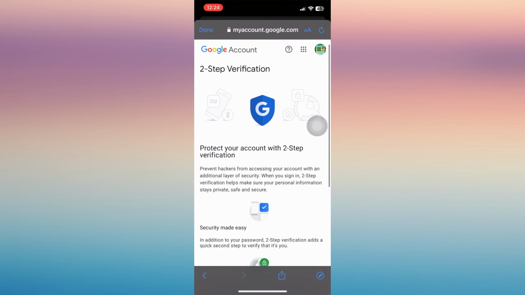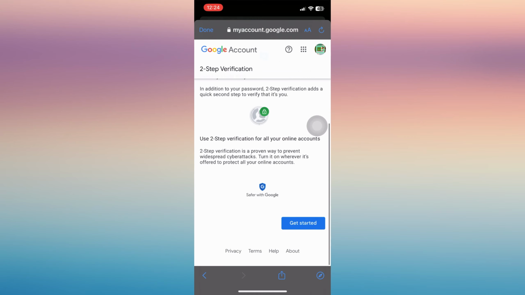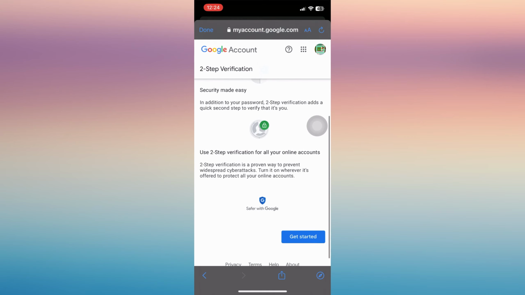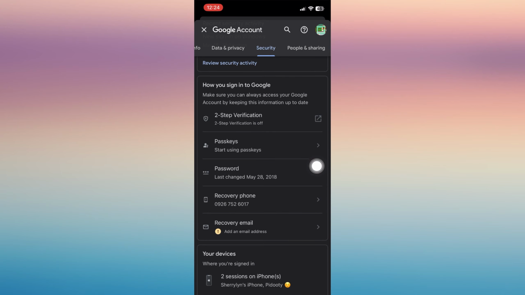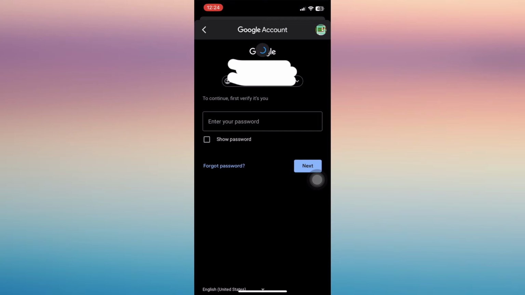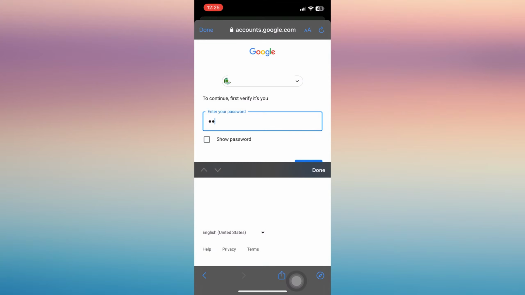So you can have the two-step verification. You can go through the process by typing in your password and you'll be able to check it and connect it with your Facebook. Or the next one, you can have the passkeys, the password, wherein you can save your Facebook passwords to your Google accounts, and that way it's easy for you to recover in case you forgot your